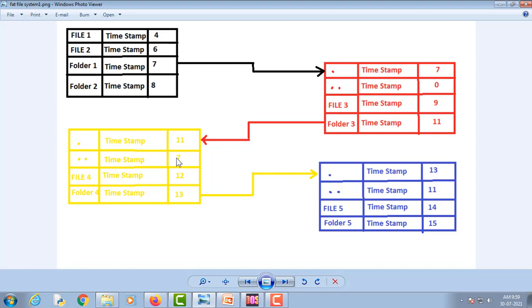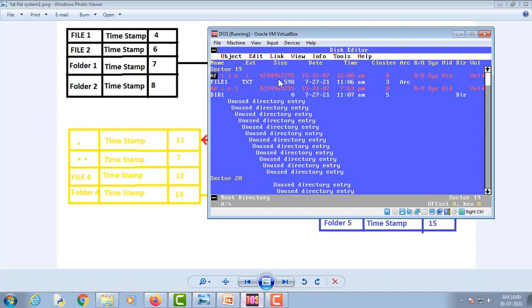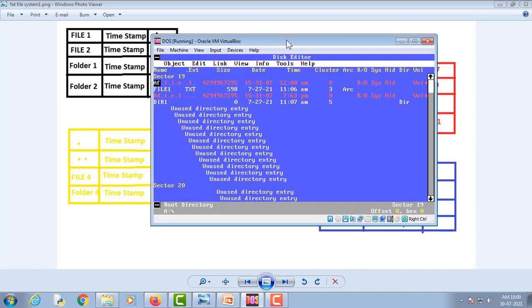You can verify this information from cluster number 7, that the starting cluster of this subdirectory is 7, and this double dot is representing its parent directory. Now there is another file and another folder. File number 4 has a starting cluster of cluster number 12, and folder 4 has a starting cluster of cluster number 13. So let's do some practical here.